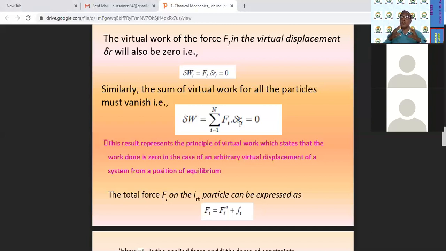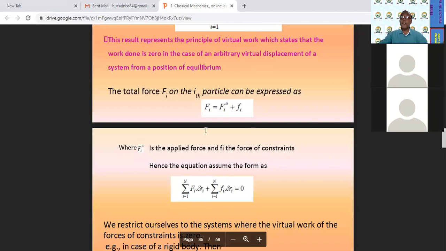And therefore the total force Fi on the ith particle, लिहाजा ith particle के ऊपर कितनी कुव्वतें काम कर रही हैं? Fi is equal to Fia plus fi, where Fia is the applied force, यानी जो कुव्वत उसको लगी थी बाहर से या उसके अंदर जो पैदा हुई थी, and fi is the force of constraint. Because remember one more thing, in the previous article I told you that when the particle is moving, whether inside the gas, inside the milk, or on any roll, the particle which is moving is acted on by two types of forces. One is the external force, and another is the force obtained due to the constraint.